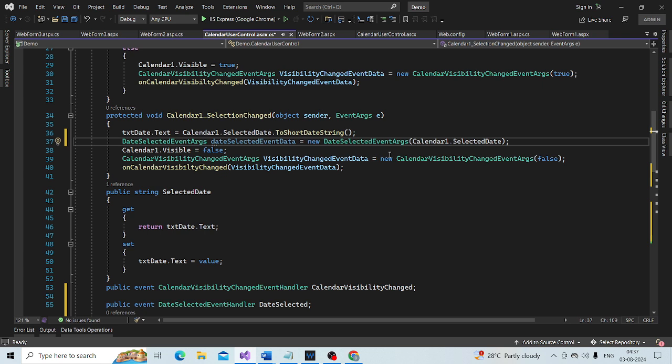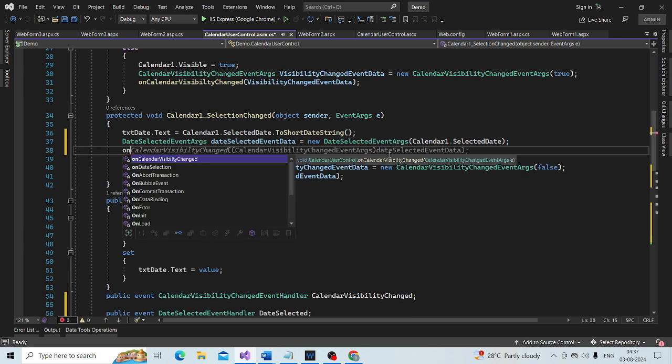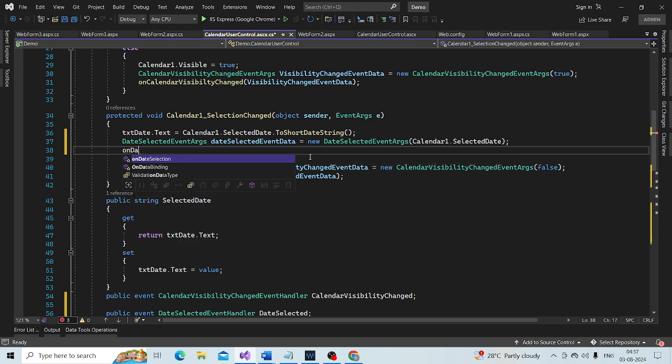And finally, we raise the event, and to raise the event we have created a method, on date selection.